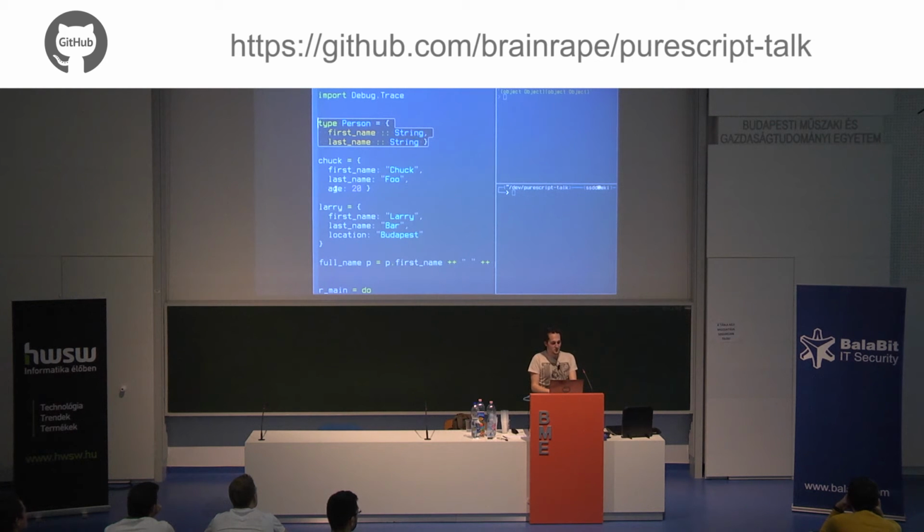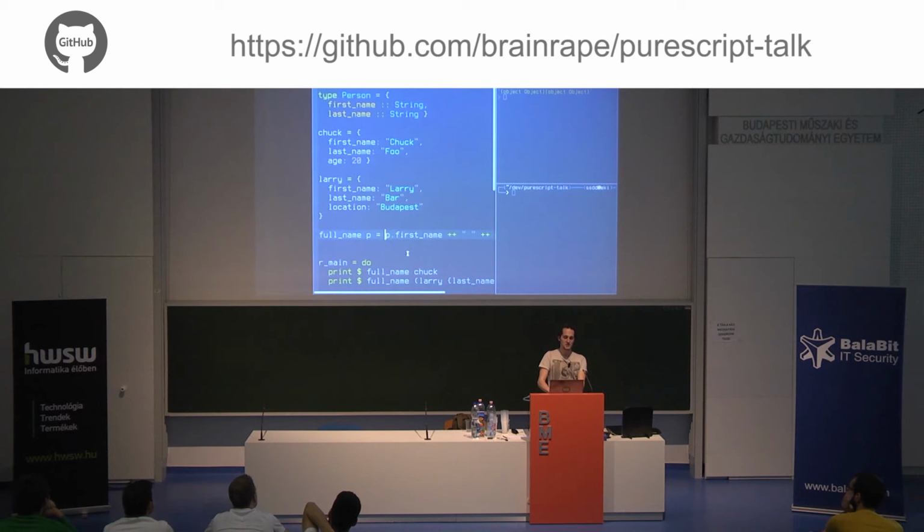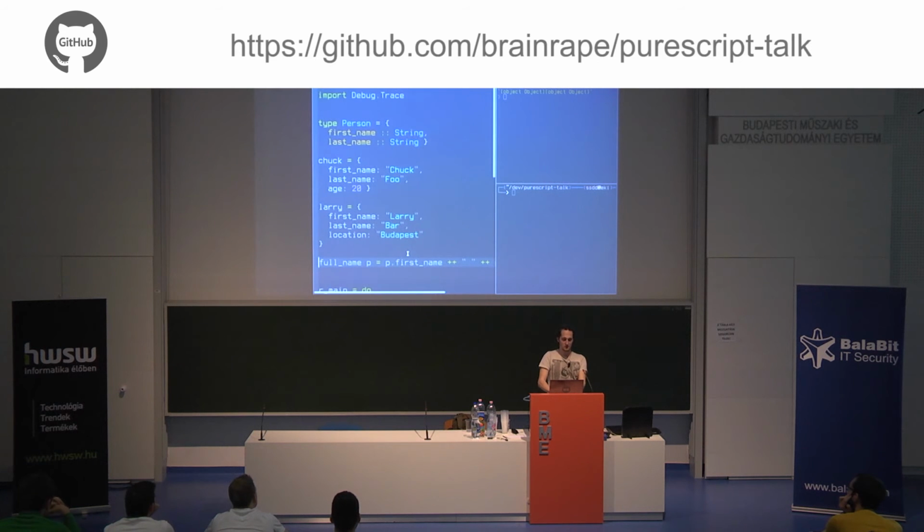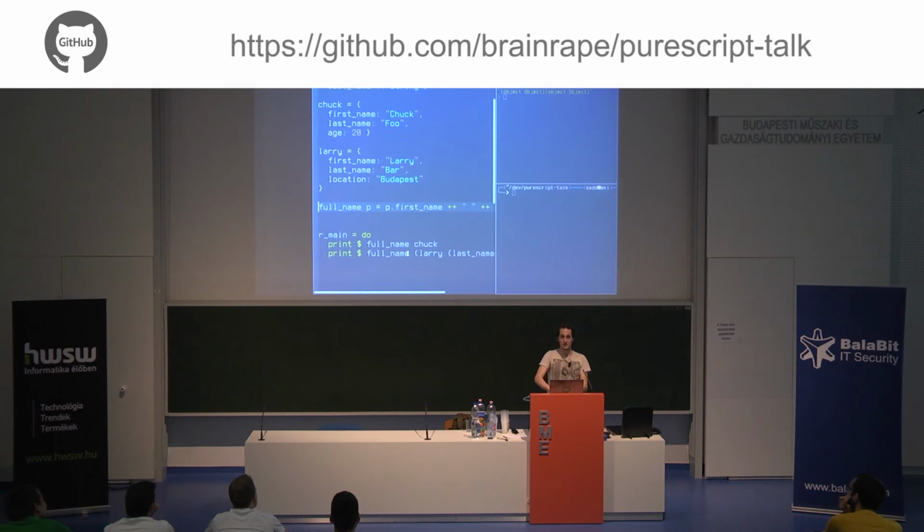As you've seen, Chuck has an extra field here, age. And the polymorphism in the record polymorphism means that you can still call functions that expect the first name and last name fields from a person if there are any extra fields, or if the fields of the record you're calling the function with are subtypes of the original record that the function was defined for.